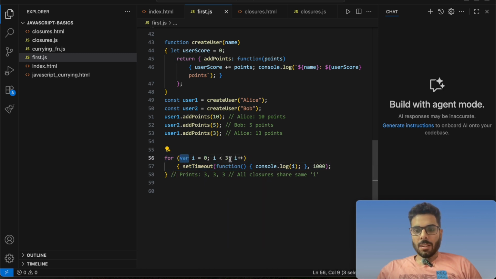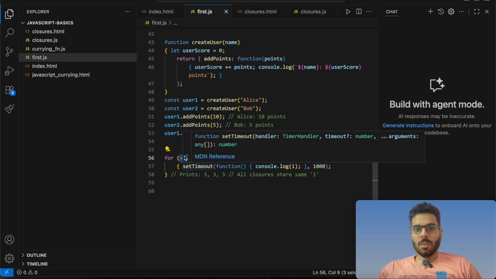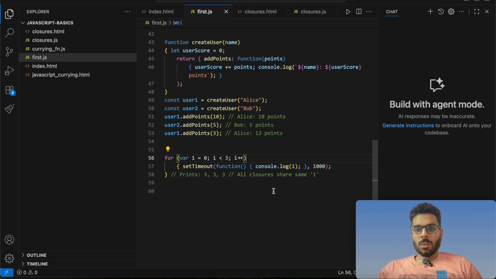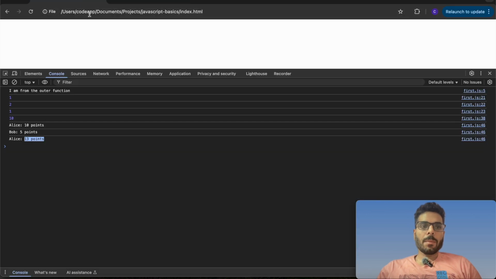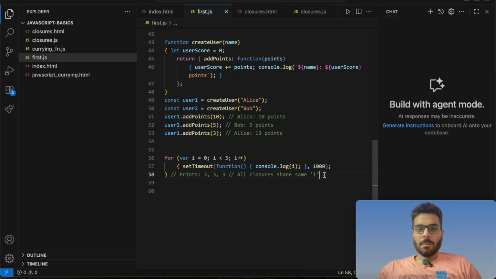So we have var, and var is a function scope, so this is a block, right? Whenever we are defining var i is equal to 0, i is equal to 1, i is equal to 2, this is basically adding into the same variable, right? So var 0 and setTimeout doesn't run at that time, and again variable i is equal to 1, variable i is equal to 2. So whenever we print this i variable, it will print 3 times number 2, right, after 1 second,